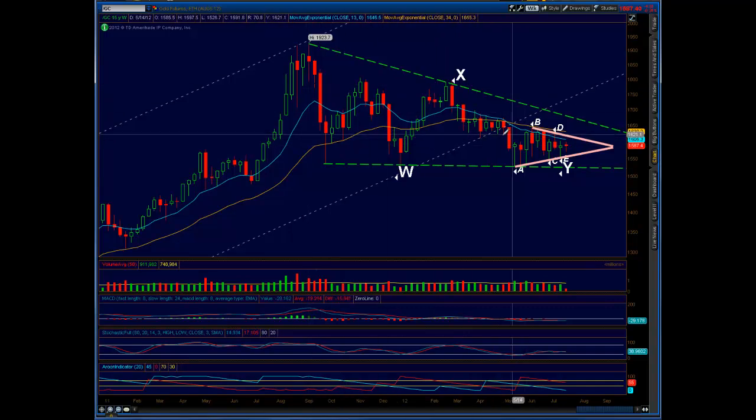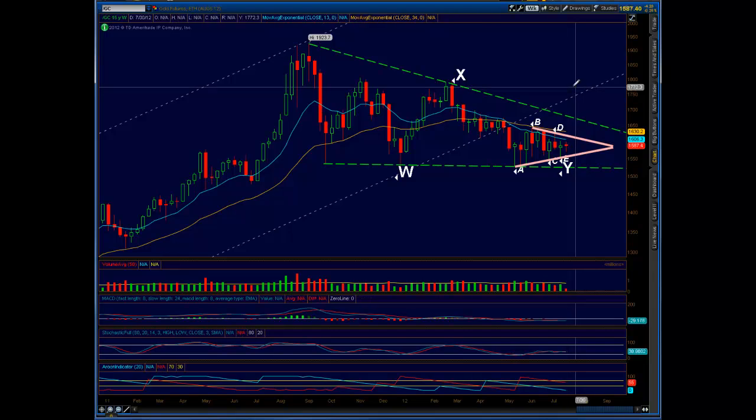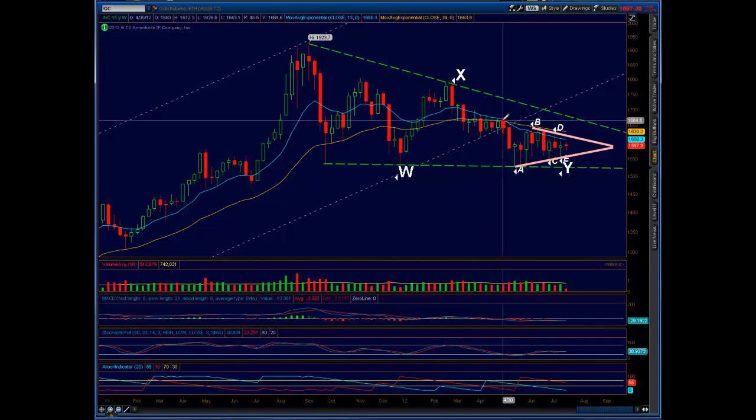because you can see in this triangle there's almost a symmetrical triangle, and you know what happens with symmetrical triangles. You consolidate, and most of the time we break out in the direction that we came from. So in this case, I still believe that the breakout is going to be to the upside, although quite a few people said that okay, we've had quite a few bearish crosses from the moving averages, like you can see here, the 13 and 34, and we're out of the uptrend channel and whatnot.